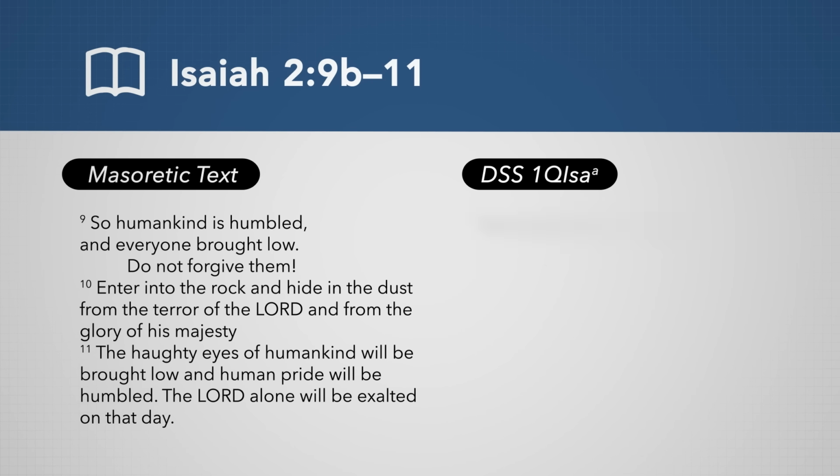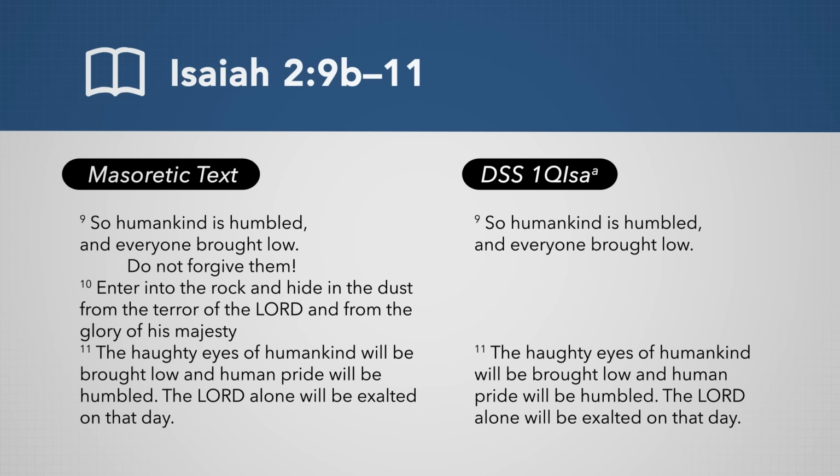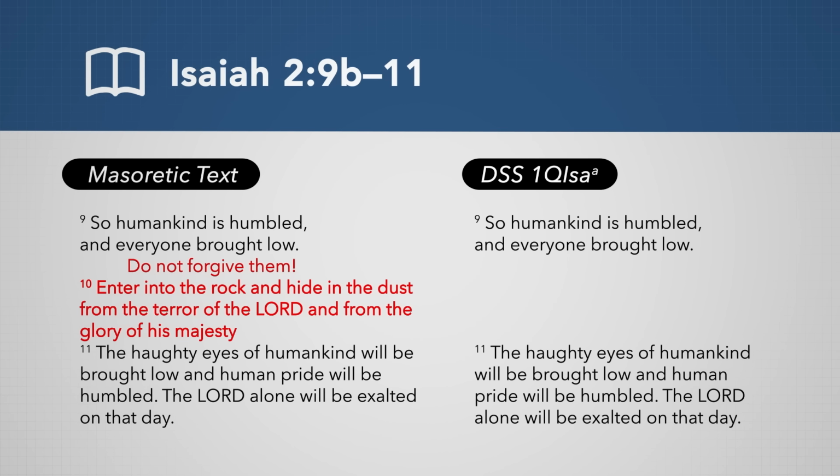The Great Isaiah Scroll is just missing this entire middle chunk of text. So what has happened at one point in time or another, it appears as though a scribe has added this chunk of text. "Don't forgive them. Enter into the rock and hide in the dust from the terror of Yahweh and from the glory of his majesty." A common explanation from scholars is that that particular little bit was added there probably at